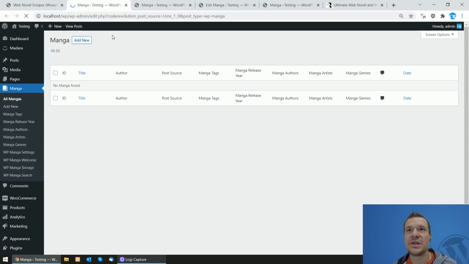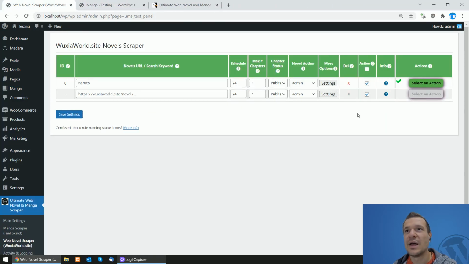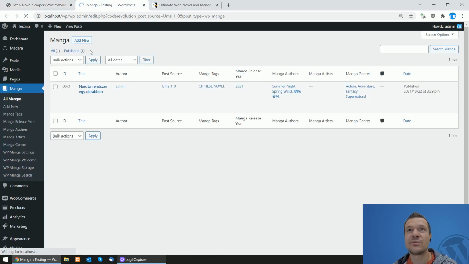Also, nothing will be posted anymore here. So let's close up things. And if we rerun now the scraping, the Naruto web novel will be scraped and translated automatically to Hungarian this time. So let's allow this a bit to run, and after the green check mark appeared, here it is,